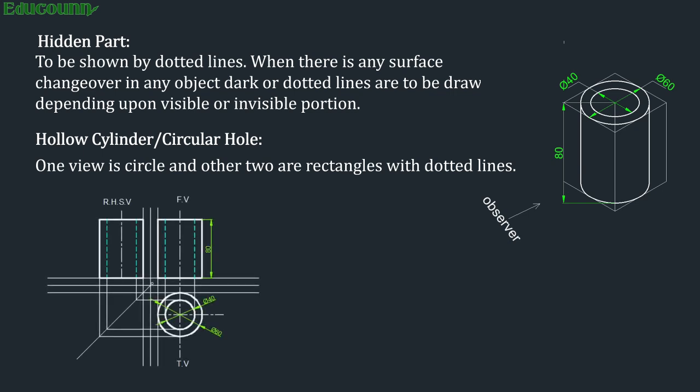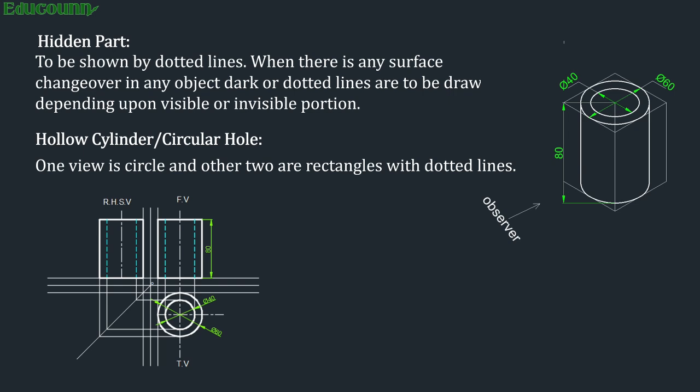So always start from that view which is having a circular part. We have to choose the top view here, since the circles are seen in the top view. After drawing the two concentric circles in the top view, you have to draw two rectangles in the front view and side view. Make the outline of the rectangle dark and draw two dotted lines which represent the hidden